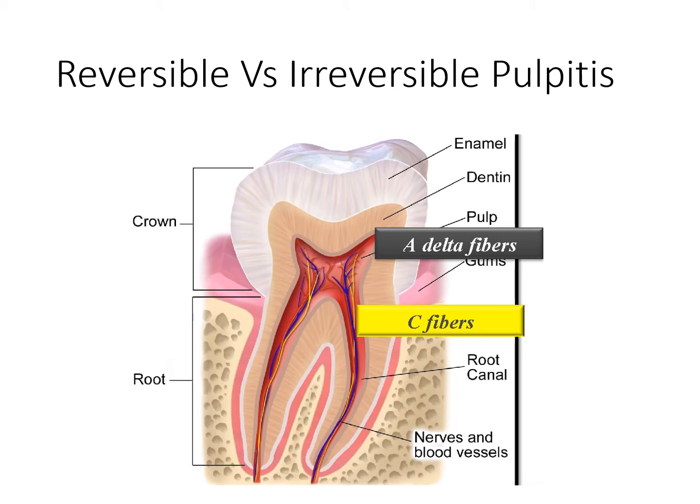So now when you talk about pain history, you must understand the difference between reversible and irreversible pulpitis, because there is a difference in the intensity and the type of pain. Now the pain of reversible pulpitis, which is typically noted as sharp shooting, comes from A delta fibers, and these A delta fibers are mostly present at the periphery of the pulp. So as soon as the caries enters the enamel and dentine, and the inflammation reaches the pulp, the A delta fibers are the first nerves to get stimulated, and they give you a sharp shooting pain.